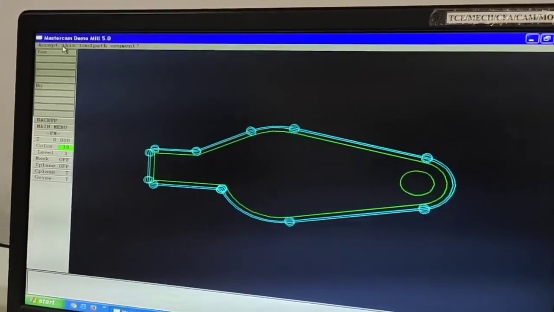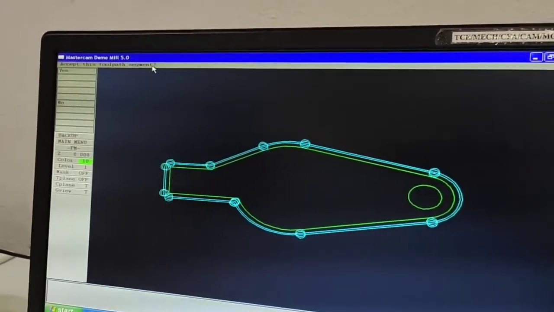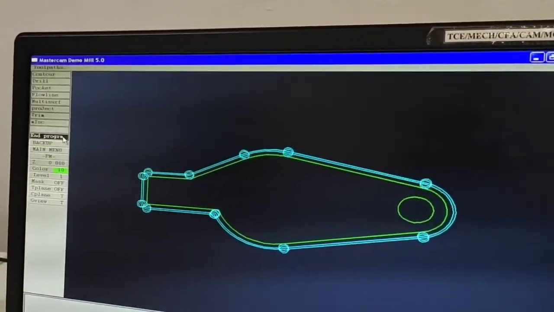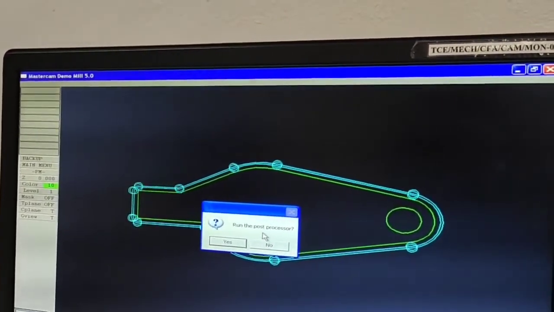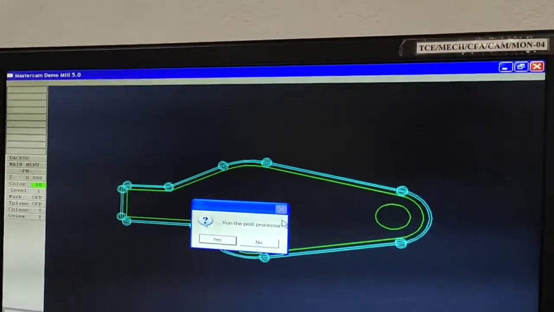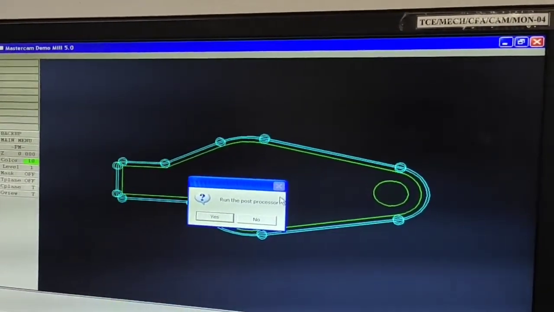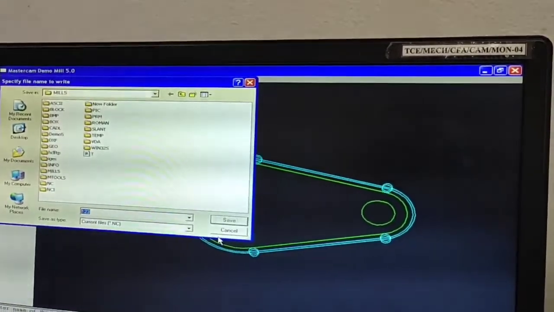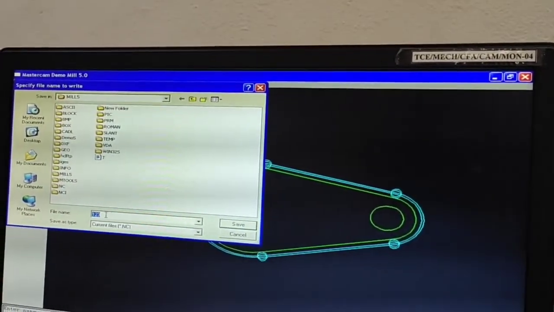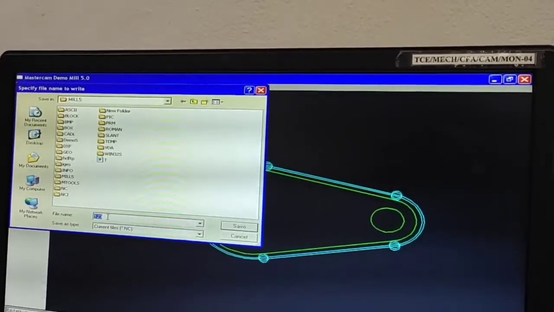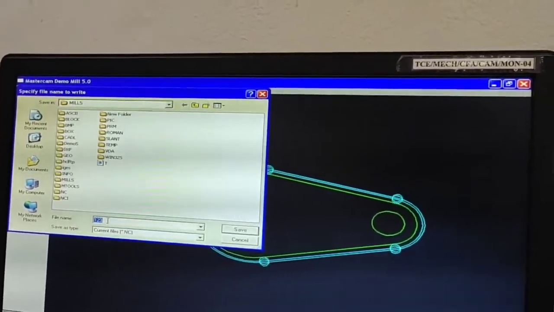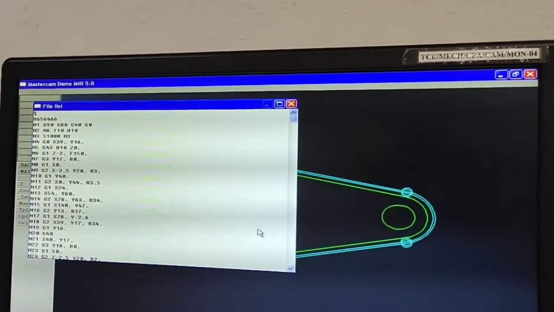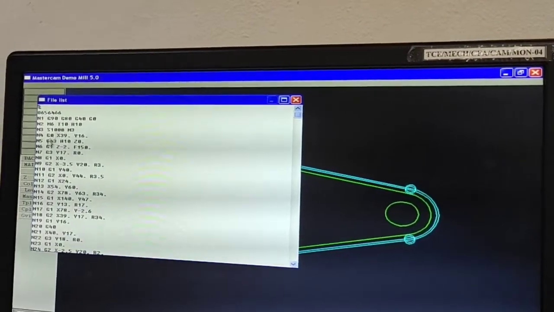Here it will be asking to accept this toolpath segment, yes. Then select end program and run the post processor. According to your drawing, the program will be generated as NC codes by selecting yes. First it will be asking the name of the NCI, then the NC codes. This is the NC code for the machining operation. Save. So these are the computer generated codes.